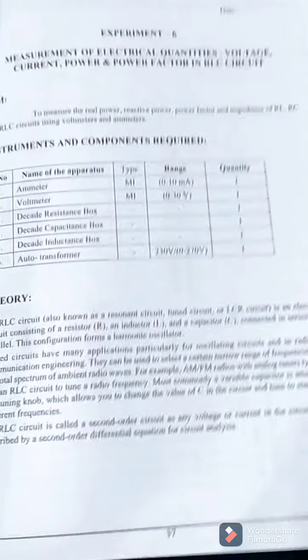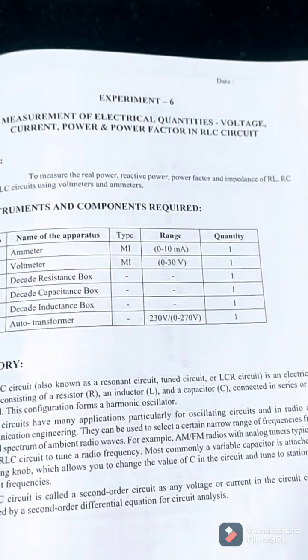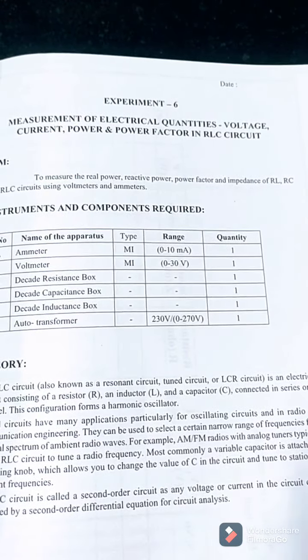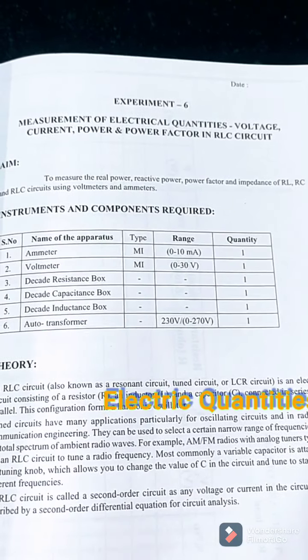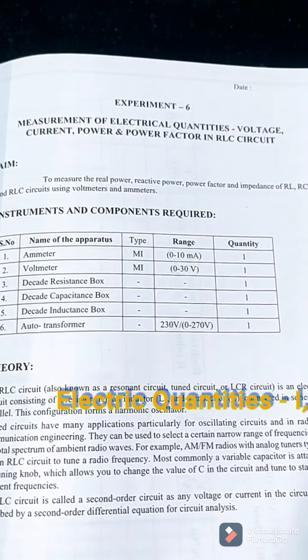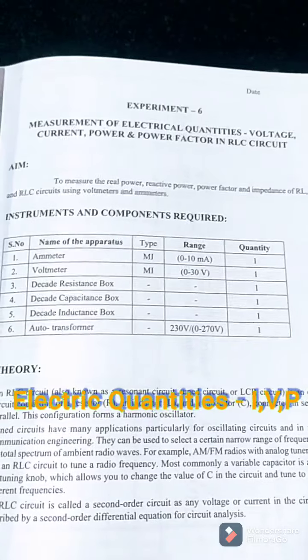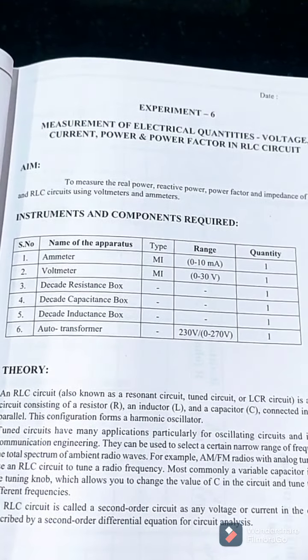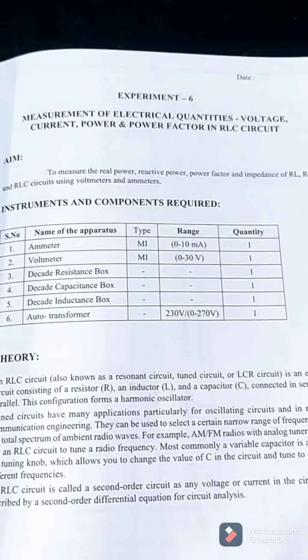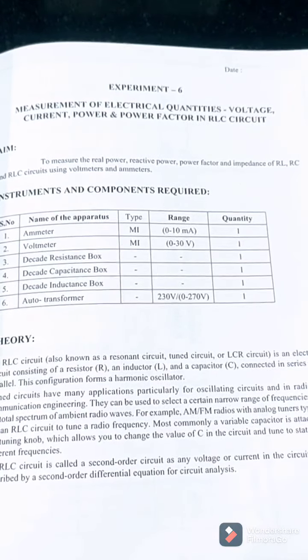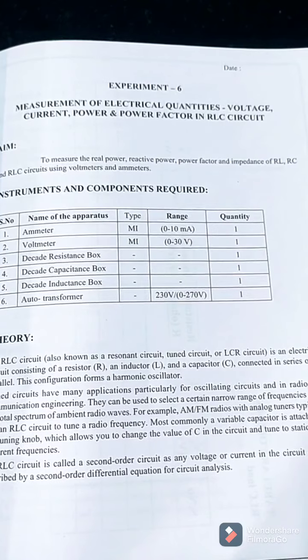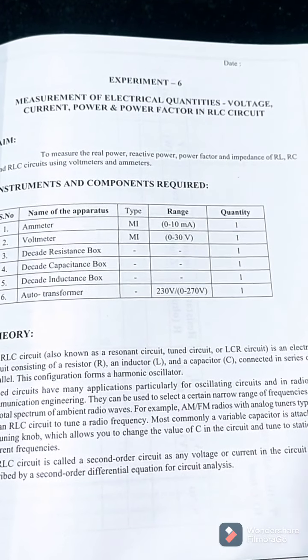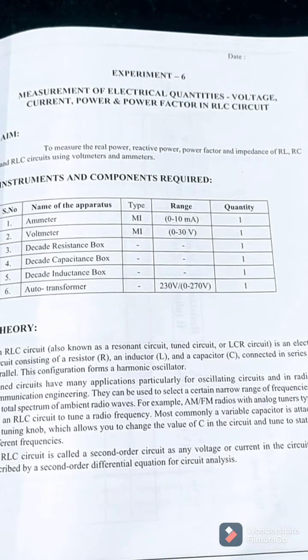So good day all. Now we are going to discuss the measurement of electrical quantities on an RLC series circuit. In the previous power measurement, we told you that the power depends upon the current value. After knowing the power only, we can determine energy. The same way, we are going to connect an RLC series circuit combination and give AC as an input voltage.